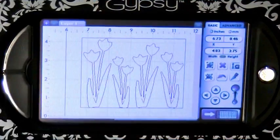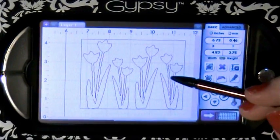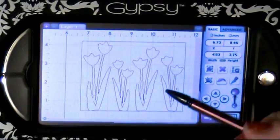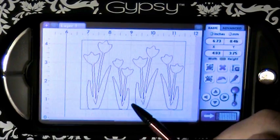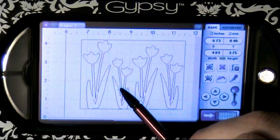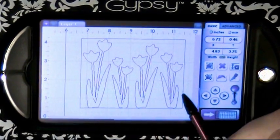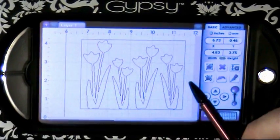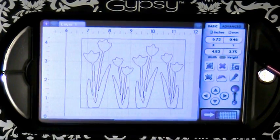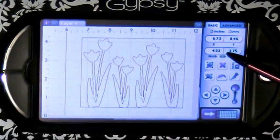Okay, so we're on my Gypsy, but you could obviously do this on Cricut Craft Room. I've taken some poppies that I found on the Walk in My Garden cartridge, and I've taken four of them. They're exactly the same design, I've just done them in different sizes, and I flipped them around on these ones, or it may be the other ones, I'm not sure. So they're just making that nice design, and you can do that as you like, or you can do different flowers, whatever. Once I grouped them together, the height that I went for was 3.75, and my width turns out at 4.83,